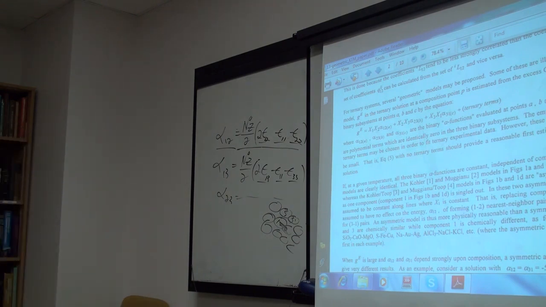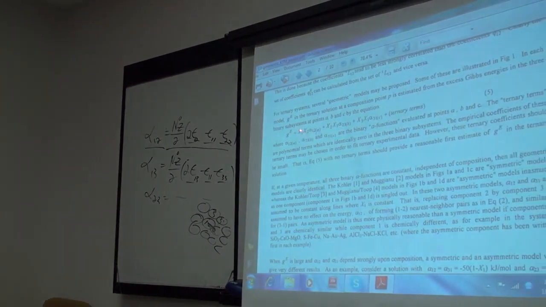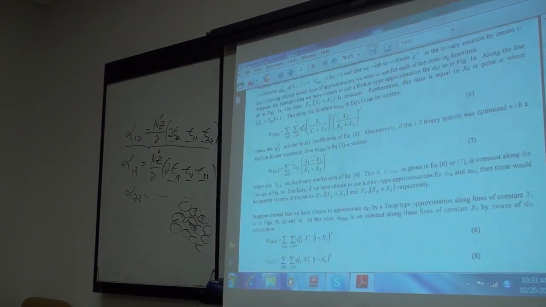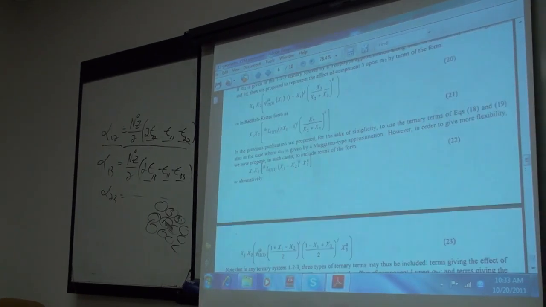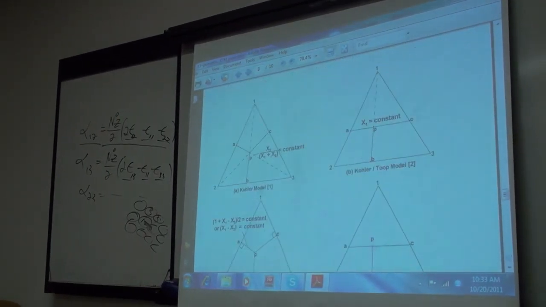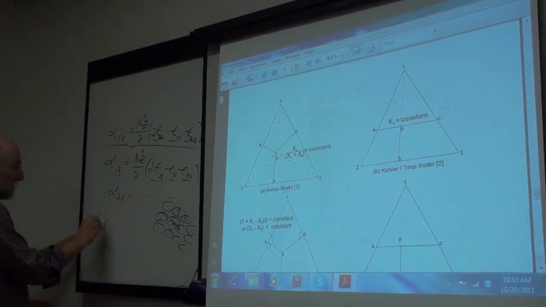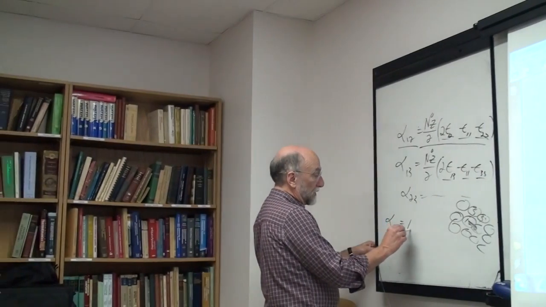Now, we know that these alphas depend upon composition in the binary system, so alpha 1, 2 in the binary system varies with composition along the edge from 1 to 2. So we express that as a polynomial. So along this 1, 2 edge here, alpha 1, 2 now is not constant, but it varies with composition. Okay, so we say that alpha 1, 2 then is, well, there are different ways of doing it,